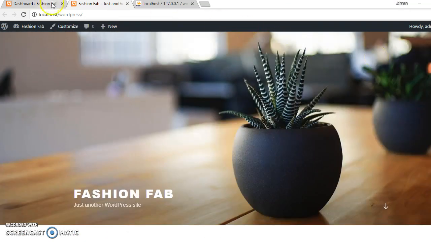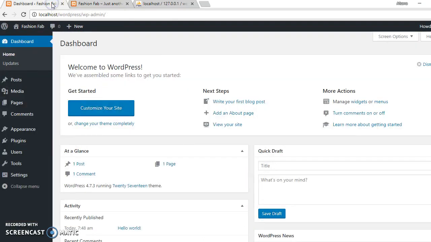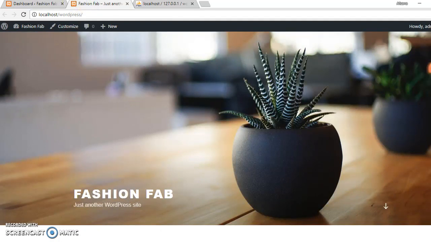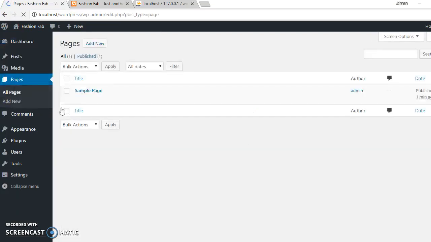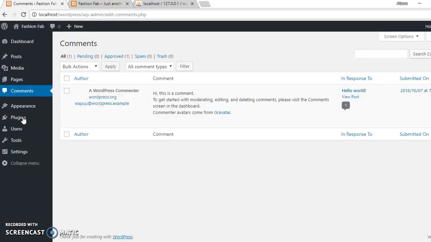So here we can change our tabs. Our WordPress admin section is meant for the backend, and the frontend is mainly used by clients or users. We can add pages from here. Sample pages. Suppose we are going to add a login page or register page or products page, we can add it from here. And comments, we can create a blog page where we can add comments.